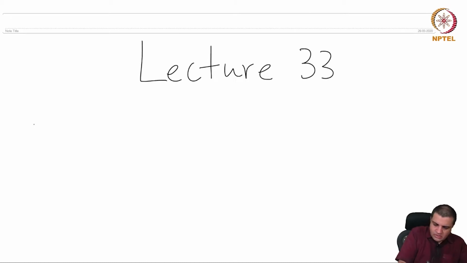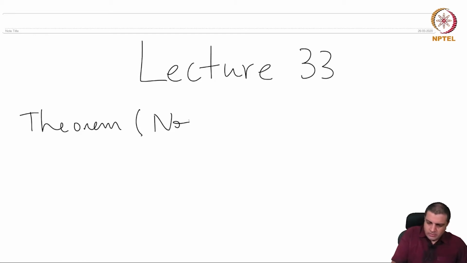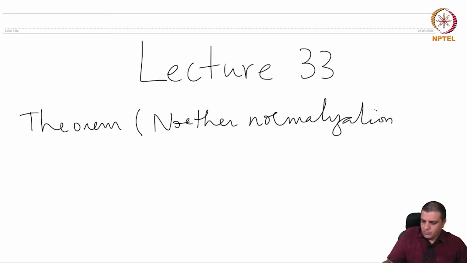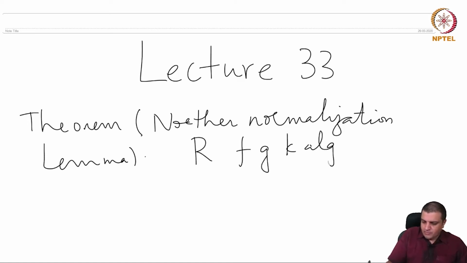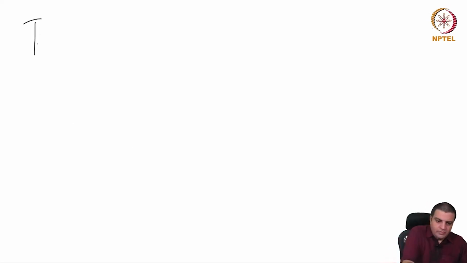Let's recall what Noether normalization lemma was. Theorem, Noether normalization lemma. It says that if R is a finitely generated K algebra, K a field, then